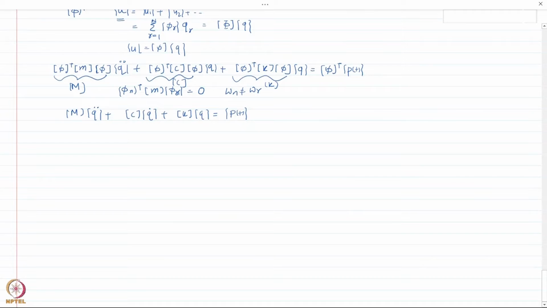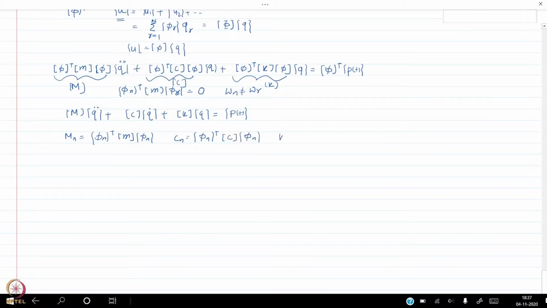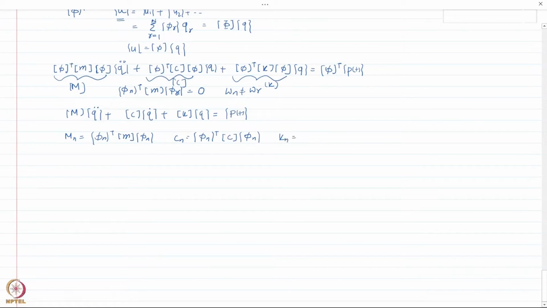For example, my mn is the transpose of the shape vector for the nth mode times the mass matrix times phi n. Similarly, cn is phi n transpose times the damping matrix times phi n, and then kn is